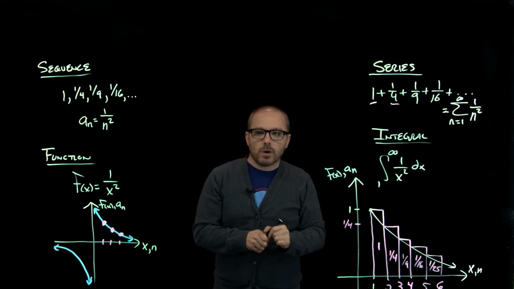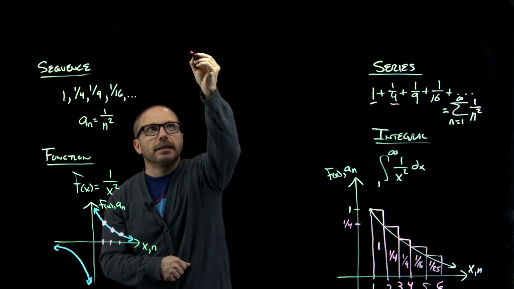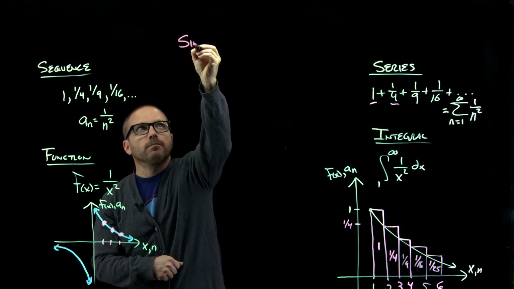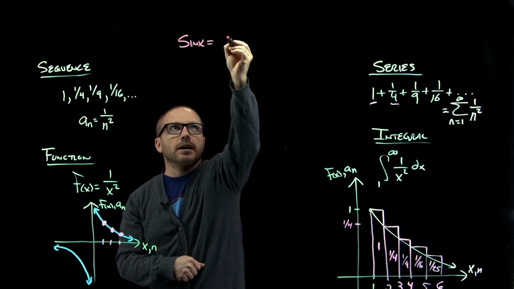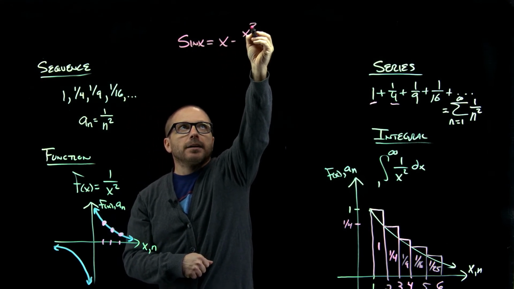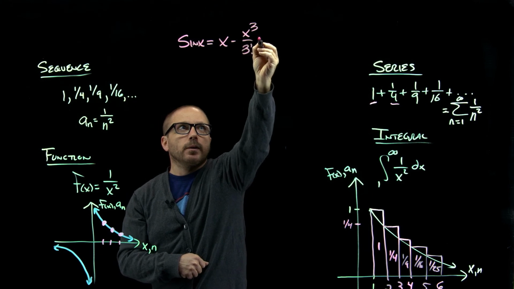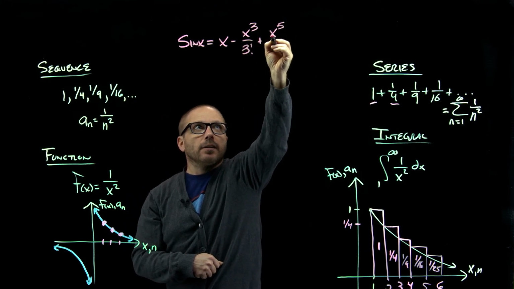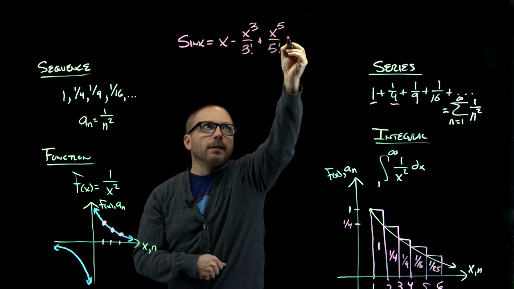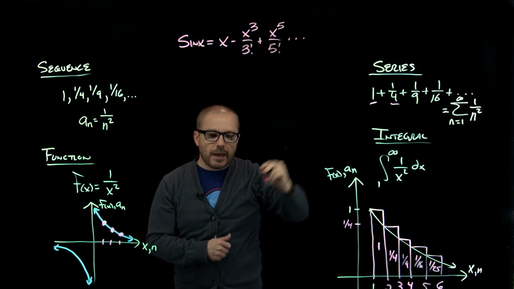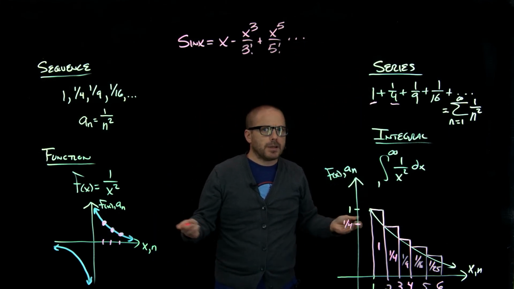For example, we'll see something like sine x actually turns out to be equal to x minus x cubed over 3 factorial plus x to the 5th over 5 factorial, and so on forever in that pattern. Now, why do we care about this? Well,